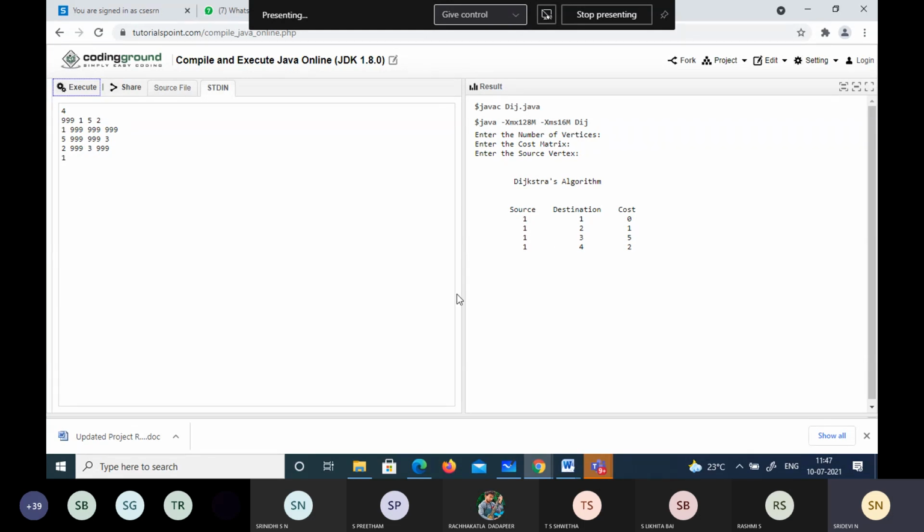Okay, so for the program Dijkstra's algorithm we have got this. Can you tell me some other matrix whatever we have solved in the class? If you tell me the values here, then instead of infinity we'll be using 999, zeros and infinity we'll be using 999. If you give the input